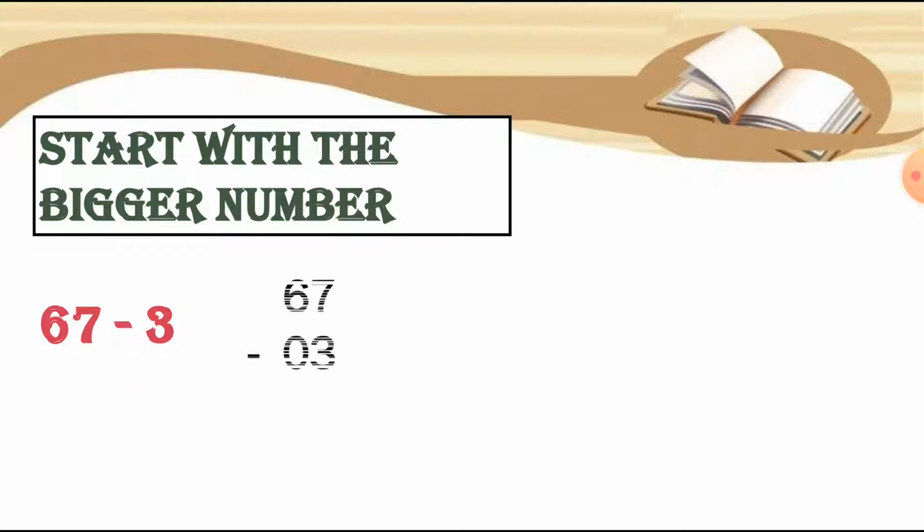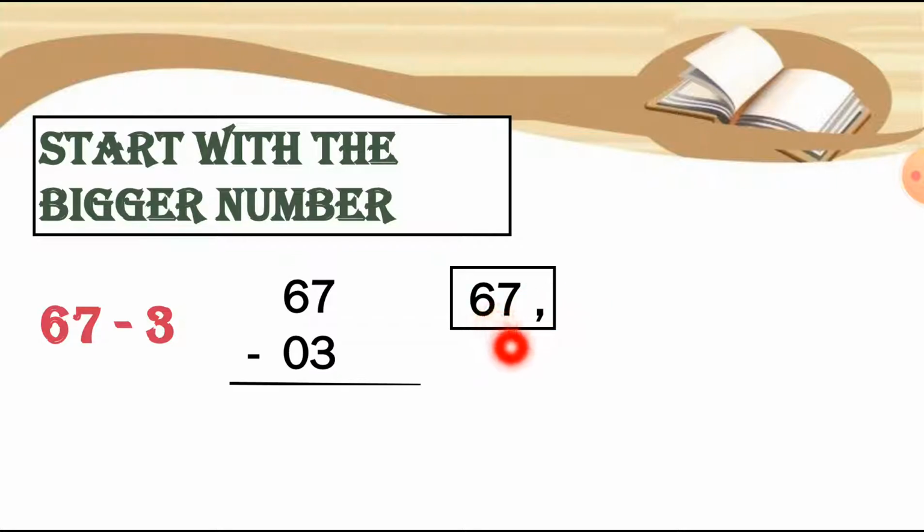In this we have to write down in the sum format first, 67 minus 3. Just keep this in your mind, 3 is a single digit. So we can write this 3 at the ones place this way and put 0 at the tens digit. Now let's count backward with the number 67, and we have to move back 3 steps.